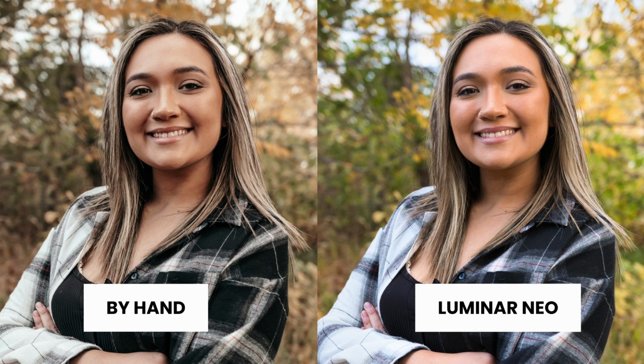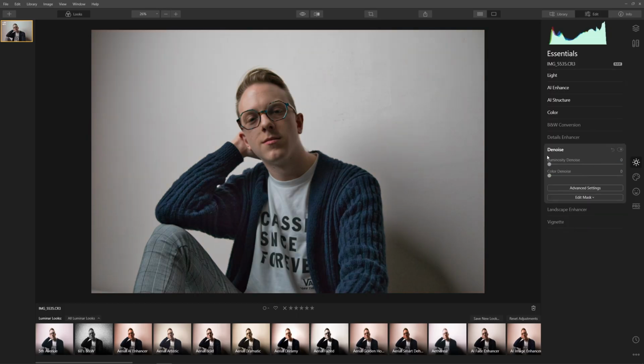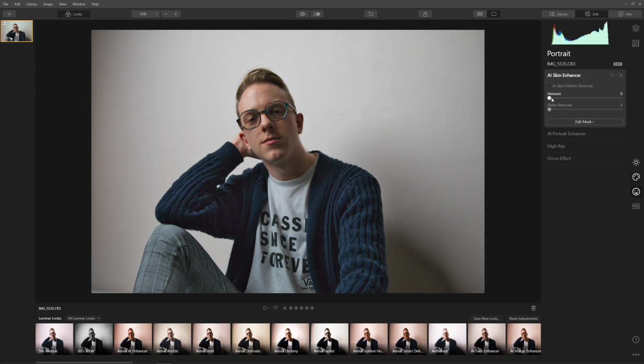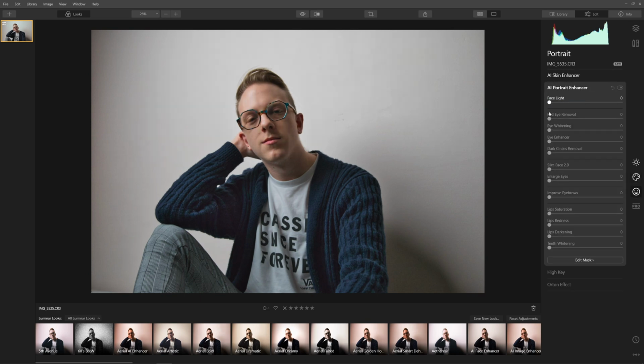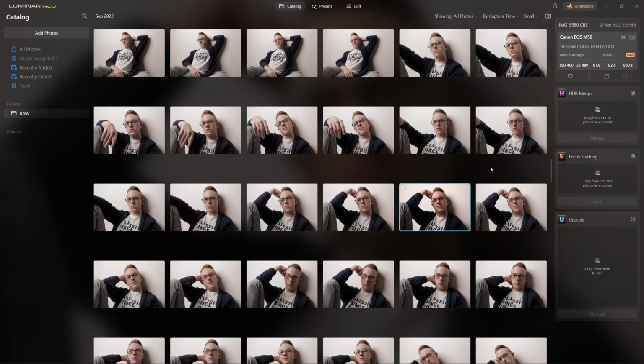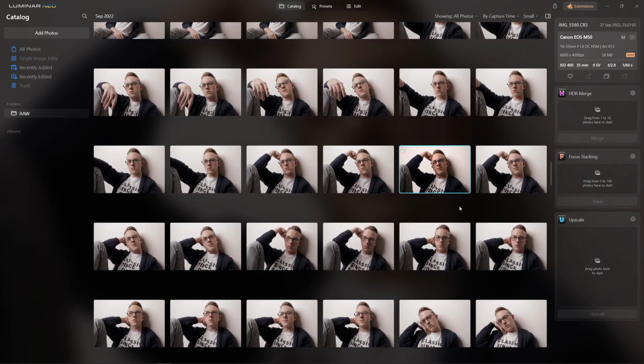Before Luminar Neo came along, I was using Luminar 4 for a while on some of my edits, but now that Luminar Neo is out, Skylum really went all in on AI features to really help out your workflow. So for example, I have a catalog here of a recent photo shoot I did with myself,